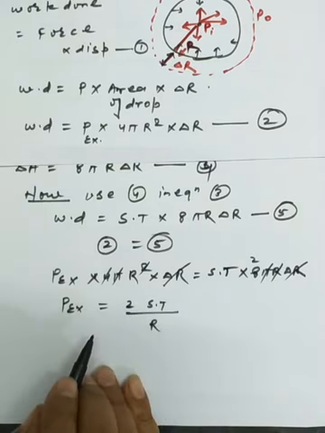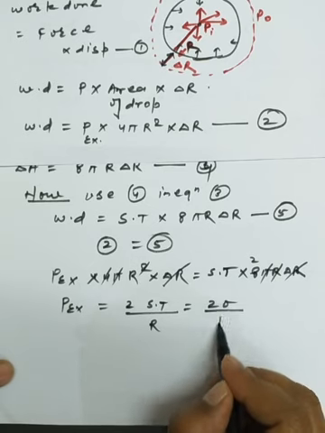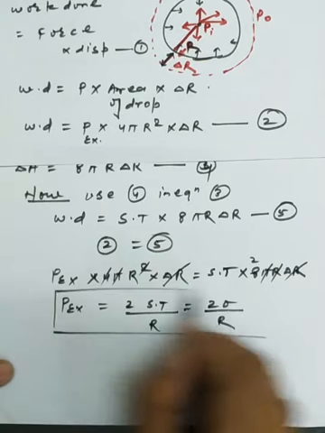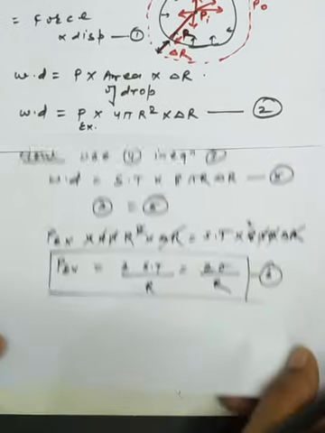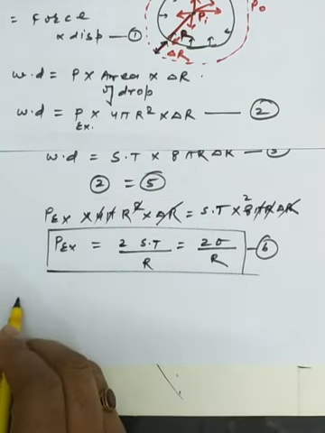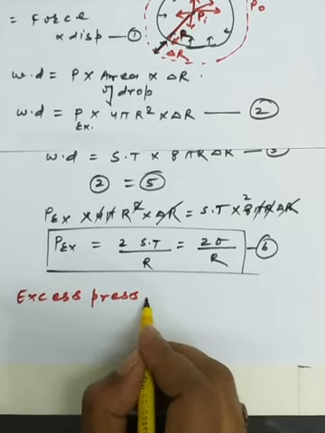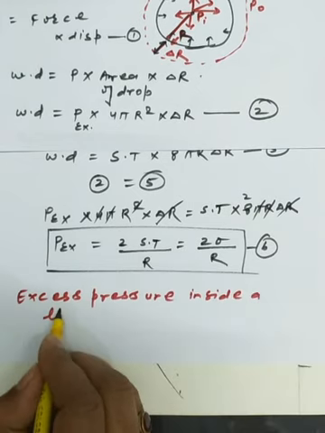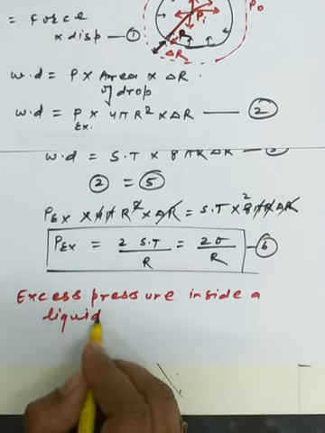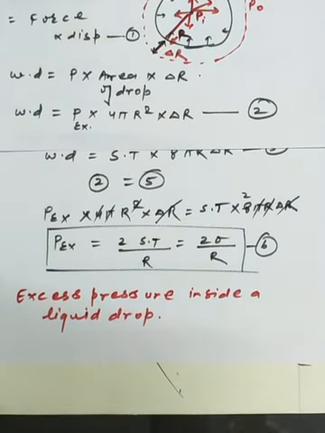This is one of the basic formulas we have, the excess pressure, and here we represent the surface tension as sigma, so 2 sigma upon r. This is the simplest representation we have opted. This is the excess pressure, equation number 6. So what does equation number 6 actually represent? The excess pressure inside a liquid drop. This is the simplest meaning of the excess pressure we have.